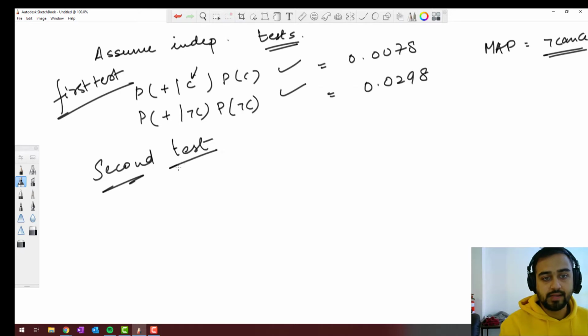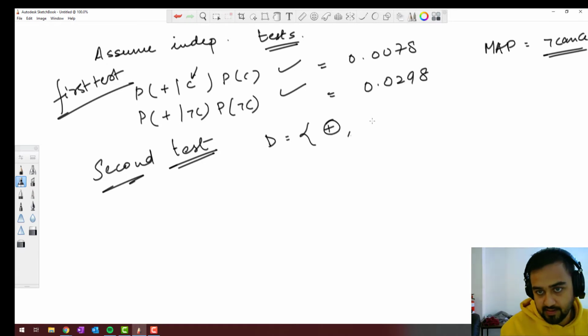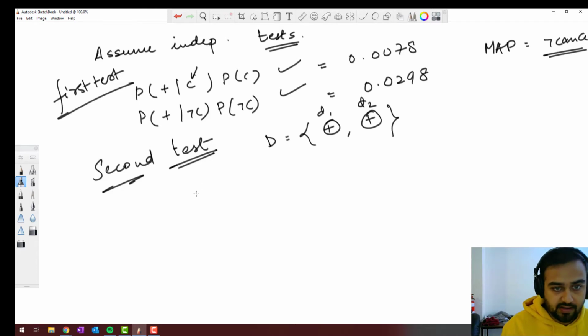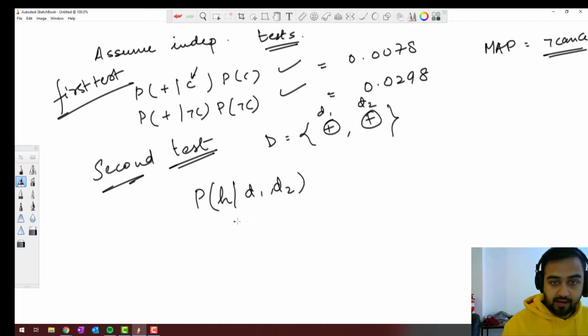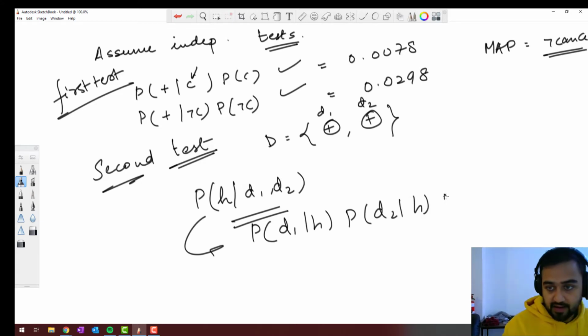So when the second test is done, it also gives us a positive result, right? Therefore, we have two data points, D1 and D2. Therefore, we have to find H given D1 and D2, right? Now, as they are independent, this can be written as P of D1 given H, P of D2 given H into P of H, by independence of data, because D1 and D2 are independent results,